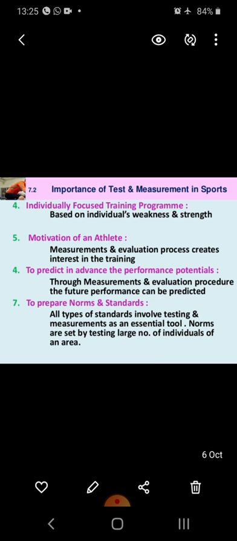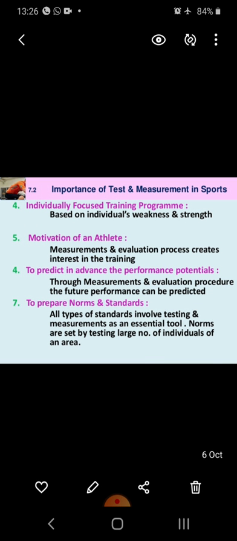Or if you are getting 20, the teacher says, very good. If I take the example of Sankalp, the teacher says, very good Sankalp, you got 20 out of 20 in maths, isn't it? Like this, if Sankalp is getting 10 marks or 5 marks, your teacher is saying, Sankalp, you need improvement, you got very few marks in maths, so give special attention to maths. Likewise, in sports also.